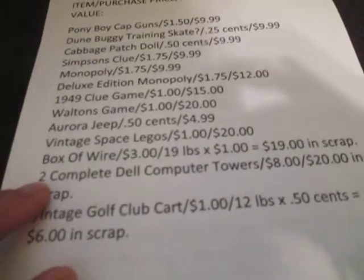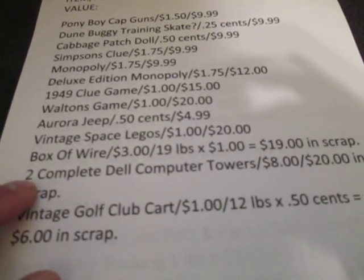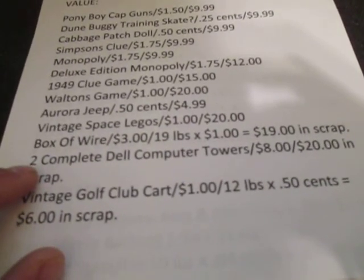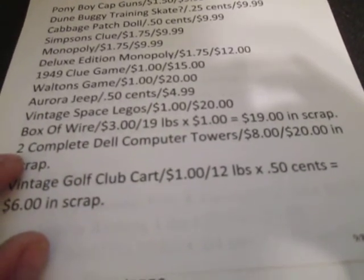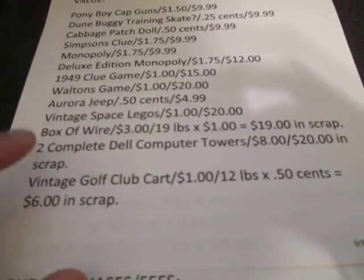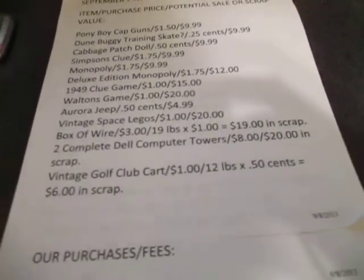We paid $1. That little Aurora Army Jeep, 50 cents, probably get $5 for it. The Space Legos, paid $1. We'll get 20 for sure out of those, maybe more. And then from the video yesterday, we had some things that we bought as scrap, to scrap, and we'll make